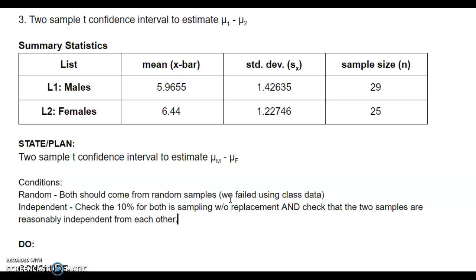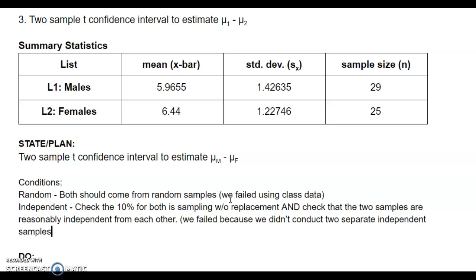So we want to make sure it's really like a within and between sort of piece for both of those. And so for ours, we really didn't take them as 2 separate samples. I'm going to say we failed again because we didn't conduct 2 separate independent samples, but